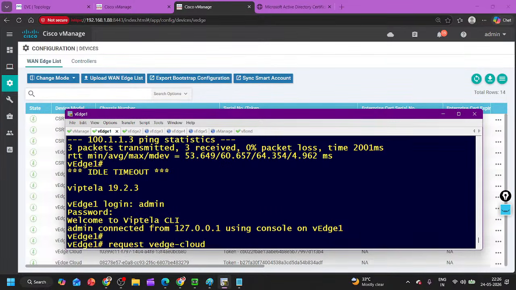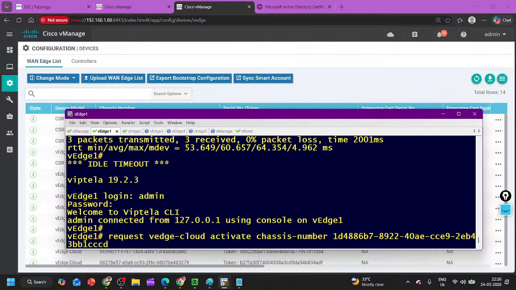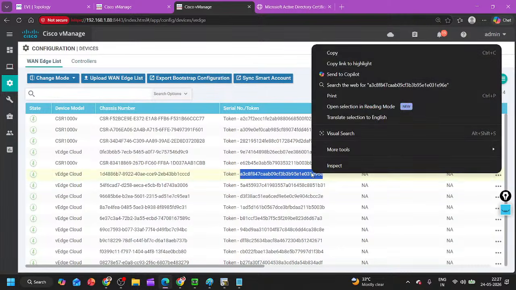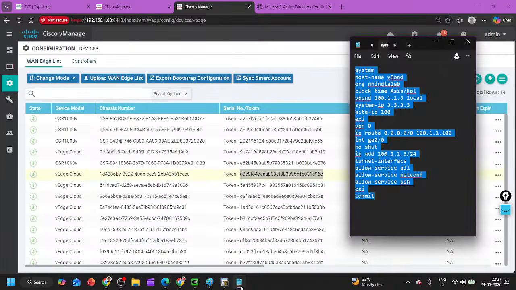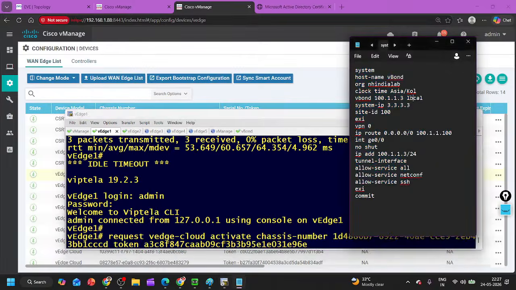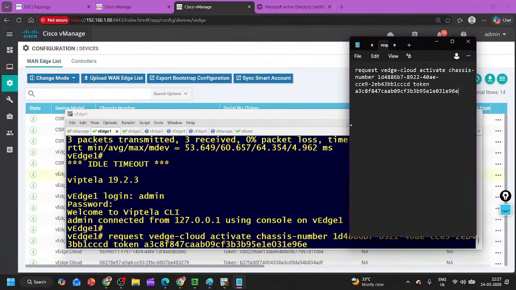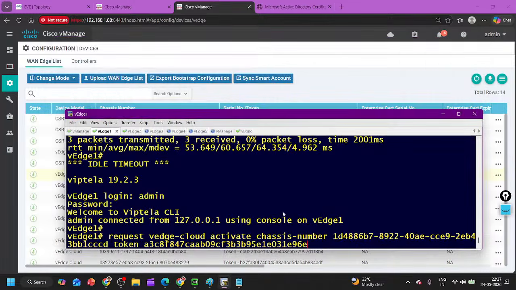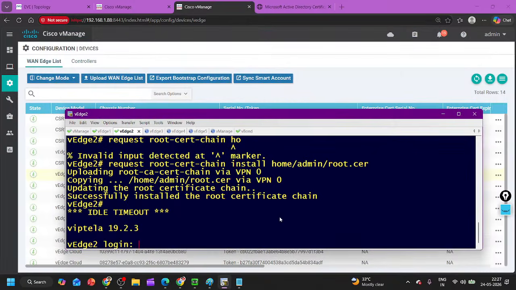Request VS Cloud, activate, chassis number, token number. For VS2,